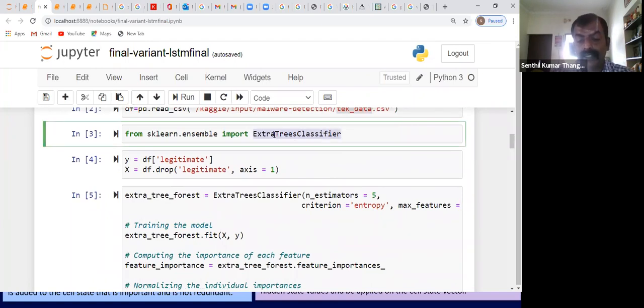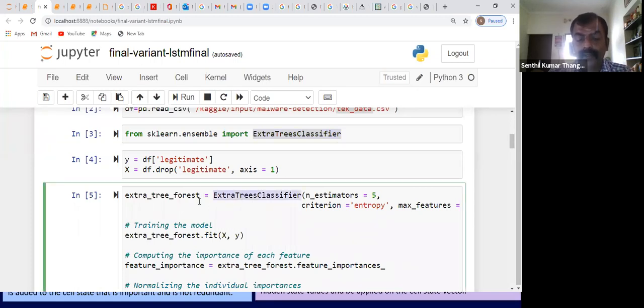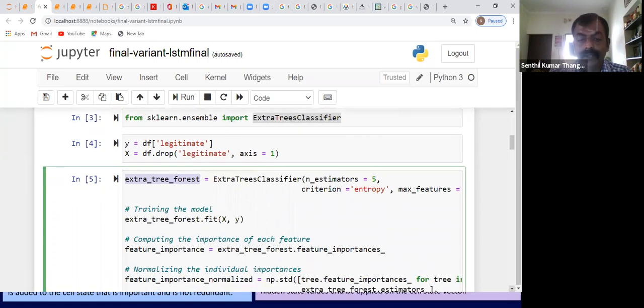In the morning, somebody was asking whether we can use ID3 for deep learning. Yes, I'm showing you an example of this here. So here we are importing the extra trees classifier. Then we are calling the extra trees classifier. It will populate the values to the forest. So now this has got all the rules of the given data that you have taken. The data is the live data that we have from Kaggle, right?